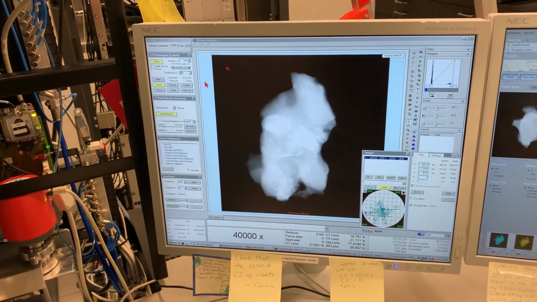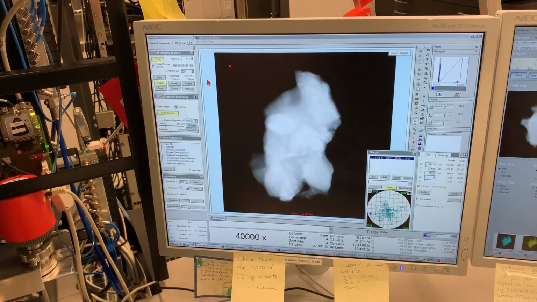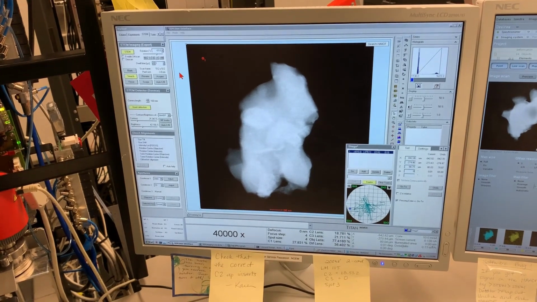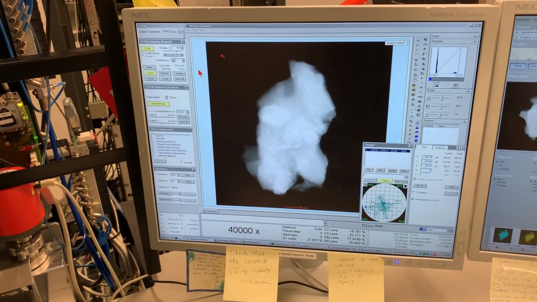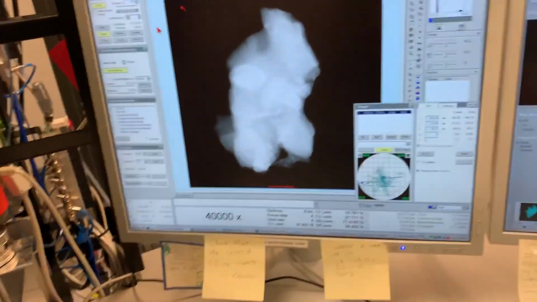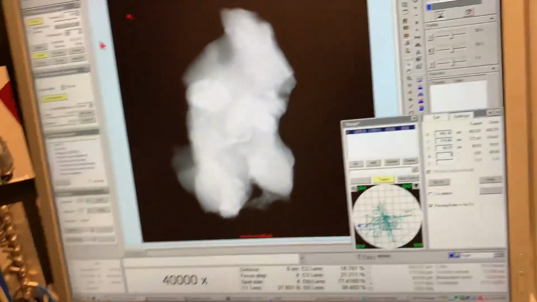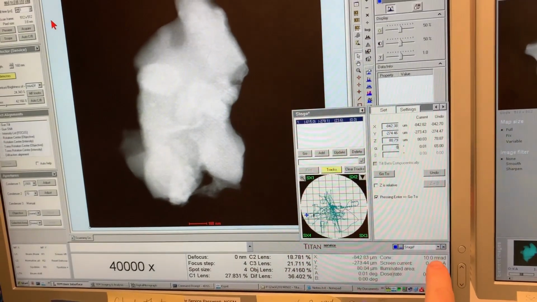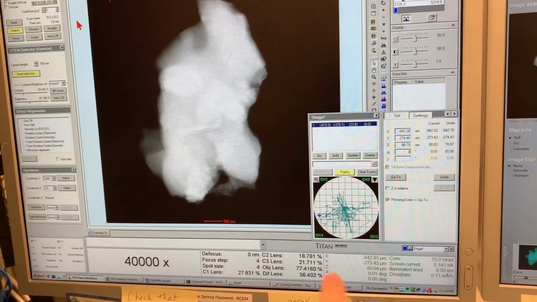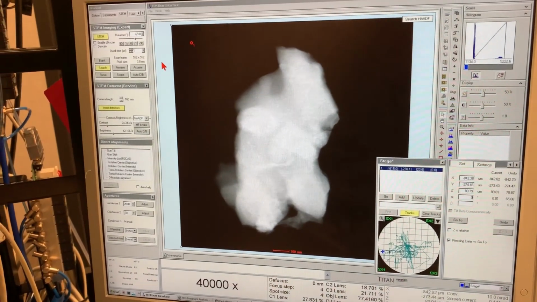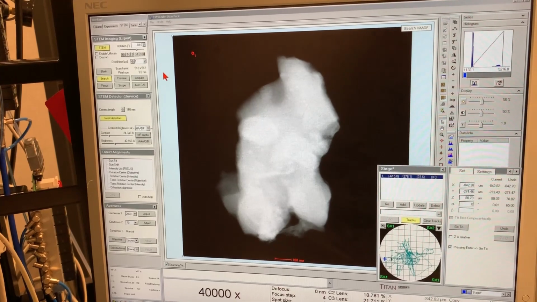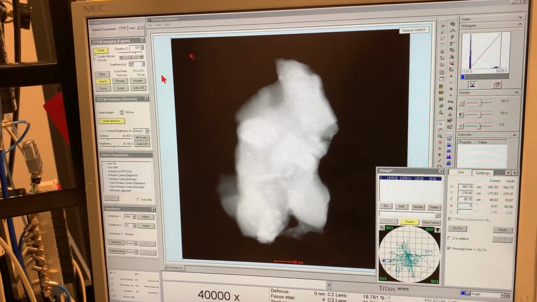In this case, I can get from plus 65 degrees to negative 65 degrees. So I'm covering 130 degrees total, which gives wonderful tomography. You want to set your beam currents and so forth appropriately. In this case, I'm running about 1/6 of a nanoamp at 80 keV. And that means that I get a lot of EDS counts, and my sample survives throughout the entire run,